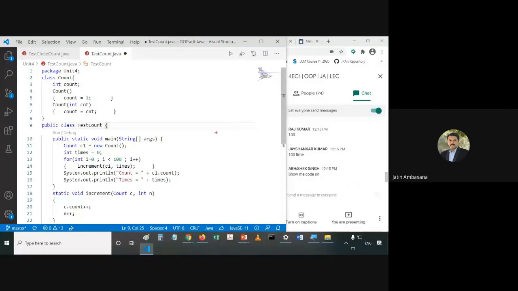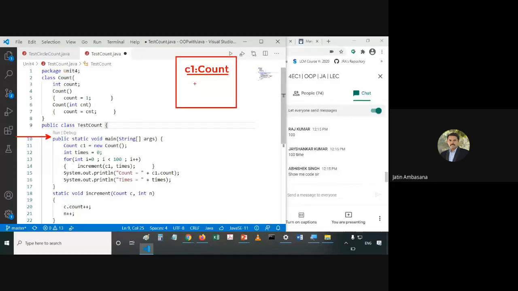Basically, when you run this test count, control enters over here and it creates a count object. Let's say c1 of type Count has been created in memory.